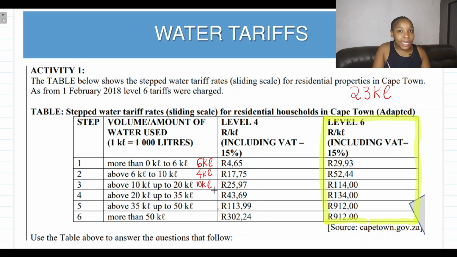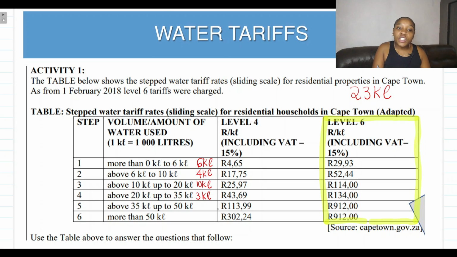Already, how many kiloliters of water do we have now, guys? 20, right? But we need how many? 23. Therefore, on the fourth step, we're just going to be consuming 3 kiloliters of water, right? So it's 6 plus 4 plus 10 plus 3 gives us what? 23, right? So that's why I'm saying that first thing, you basically check the water that is consumed in each